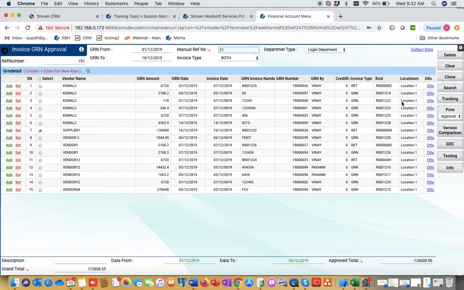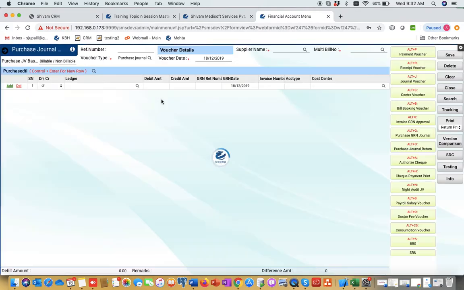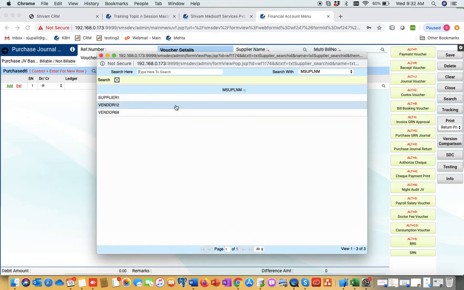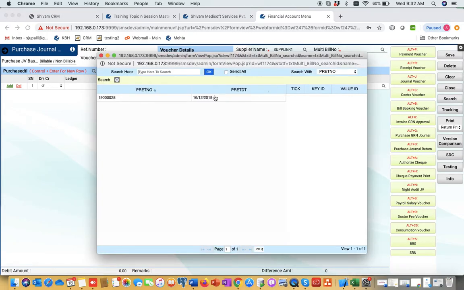So this is approved. Now we have to come to purchase journal return. We have to select the same vendor, supplier one. So bills will come. We'll select the bill and click on OK.